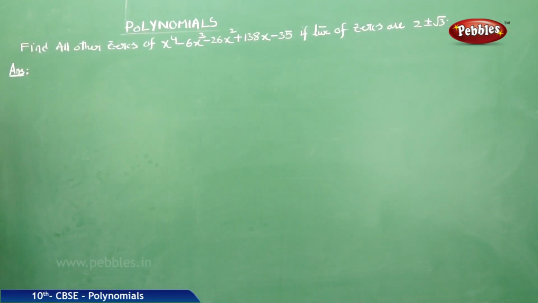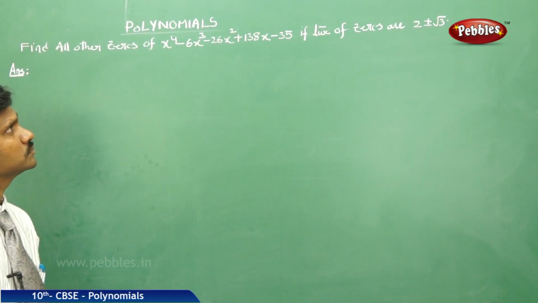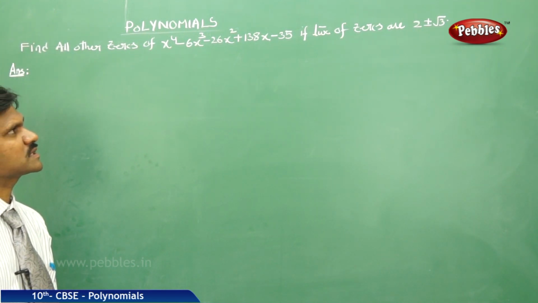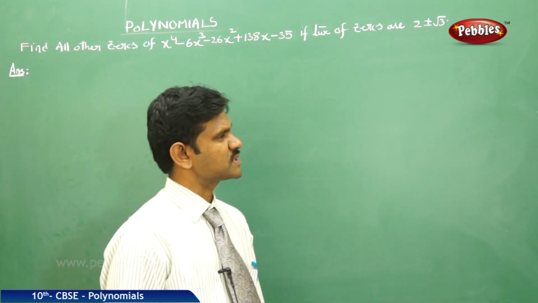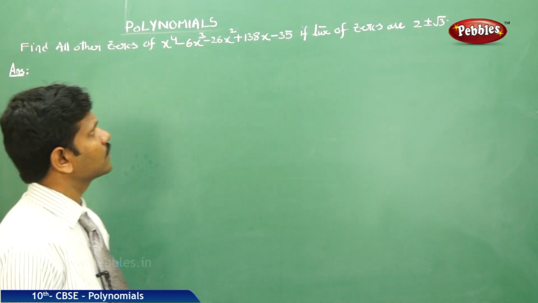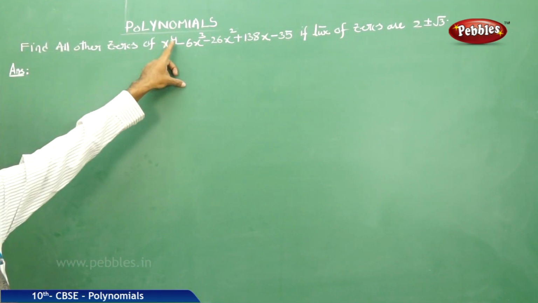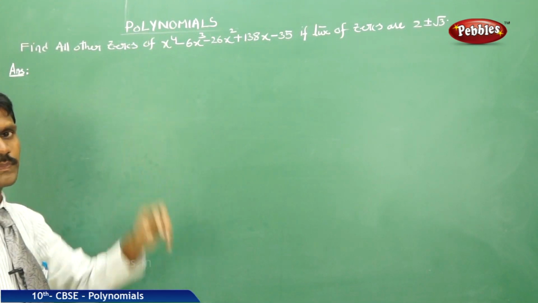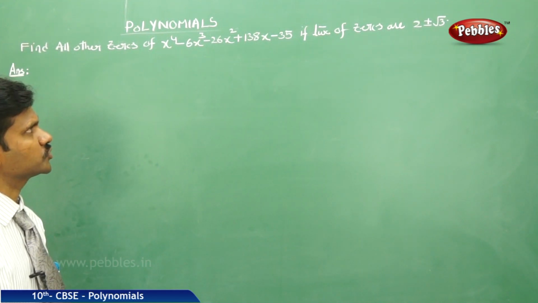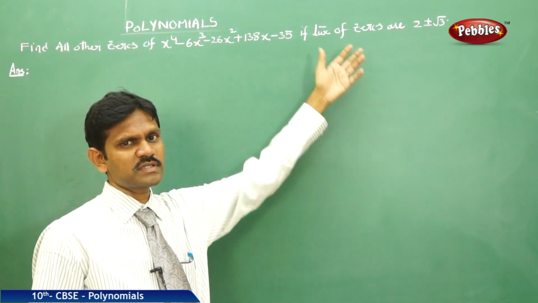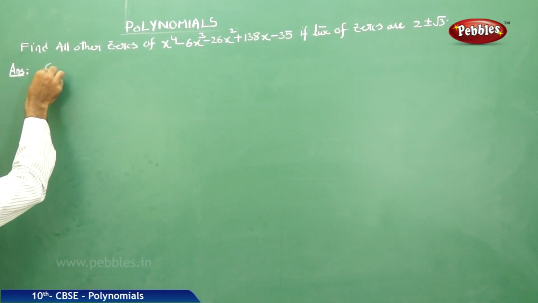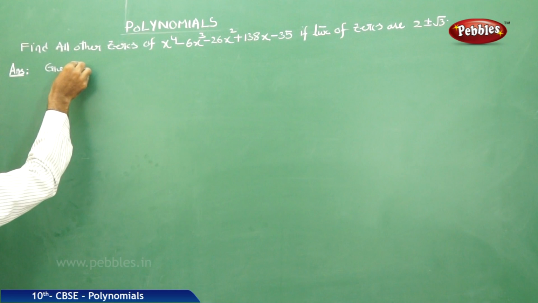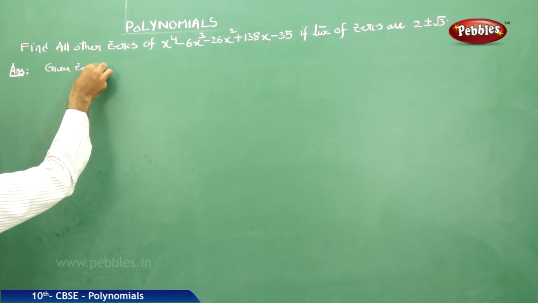Find all the other zeros of the polynomial x power 4 minus 6x cube minus 26x square plus 138x minus 35 if two of the zeros are 2 plus or minus root 3. Here the degree of the polynomial is 4, that means we can expect altogether 4 zeros. Out of these, 2 are given, 2 plus or minus root 3, that is, the given zeros are